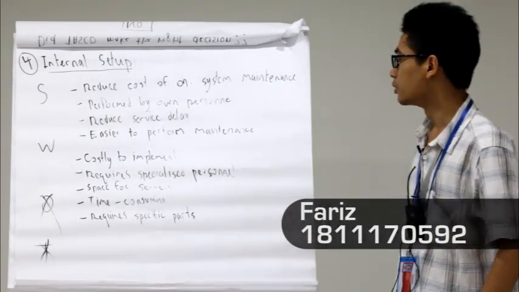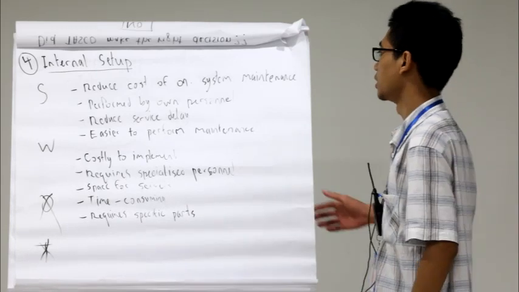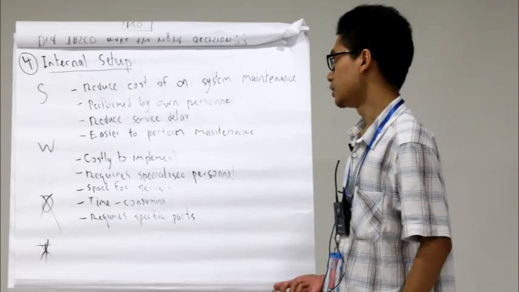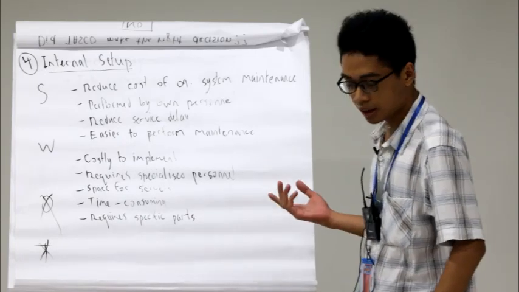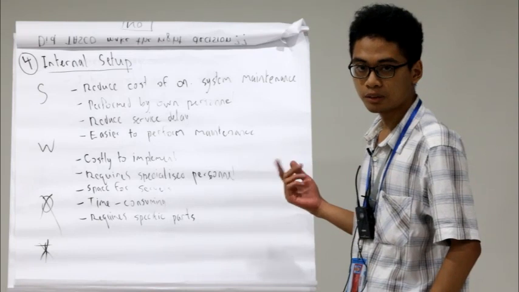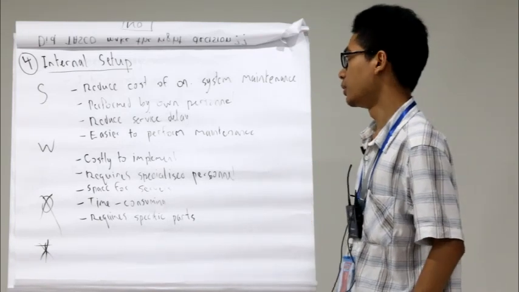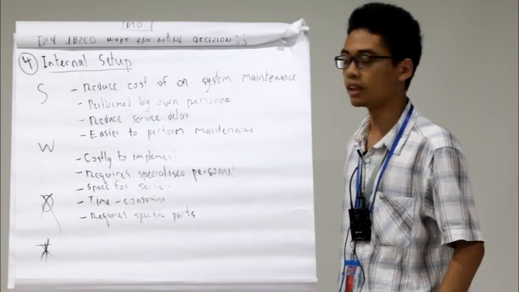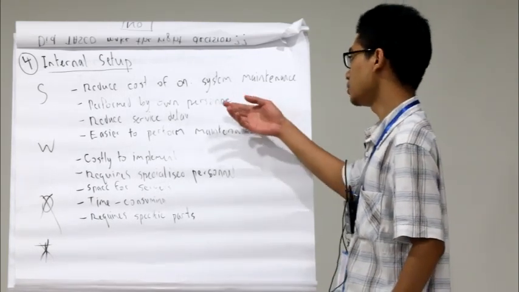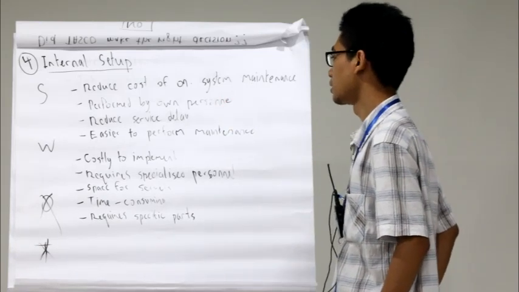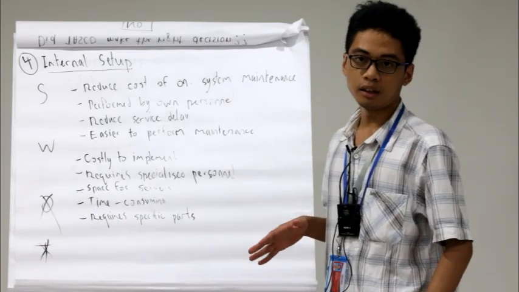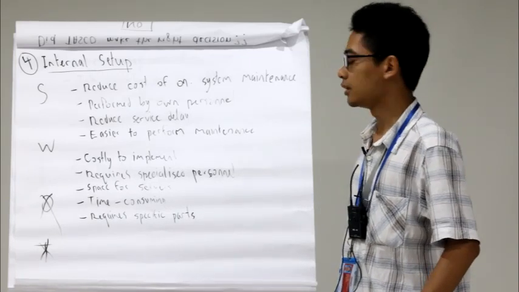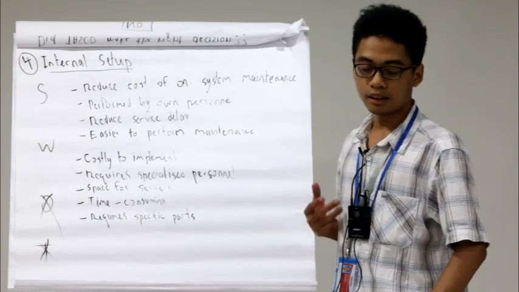Now, another alternative to Mr. Harris's option is to set up an internal online system maintenance team. Through the SWOT analysis, we have determined several strengths, weaknesses, opportunities, and threats. One of the strengths of setting up an internal online system and maintenance team is we can reduce the cost on our online system maintenance by terminating our contract with our current online system maintenance company and setting up our